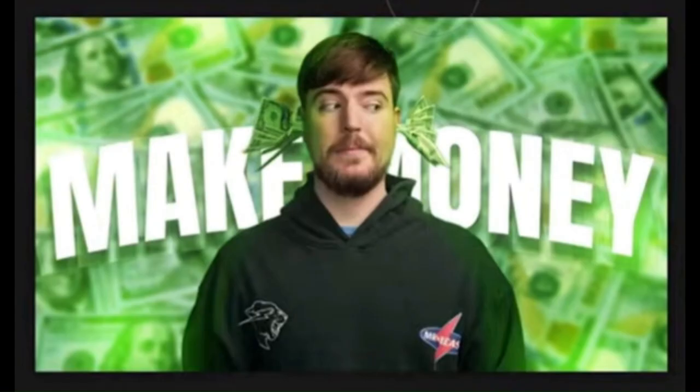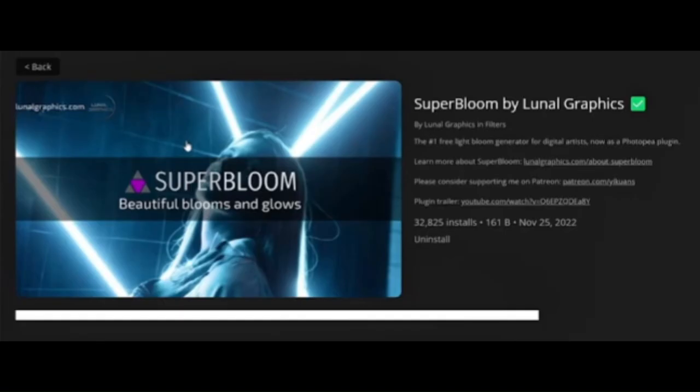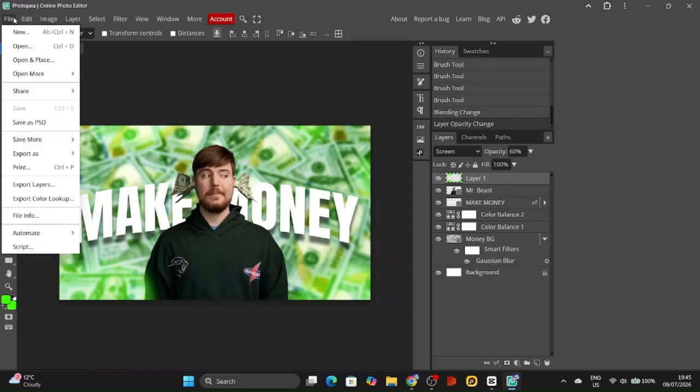If you were wondering how he achieved that ultra bright glow effect, it's a plugin called Super Bloom that is located at the top of Photopea. And now to save your thumbnail as a PNG file,